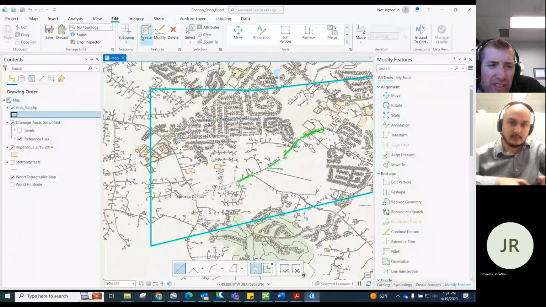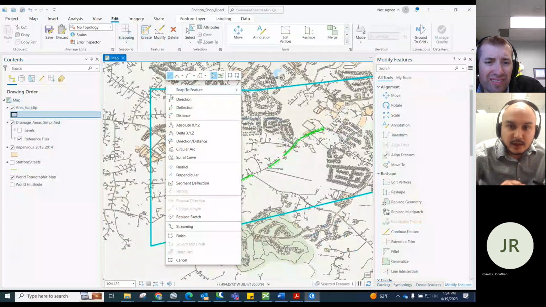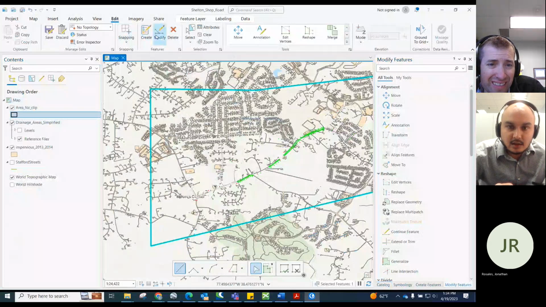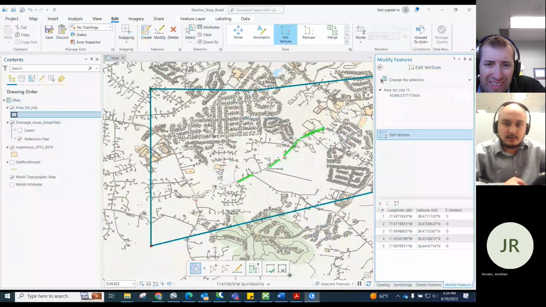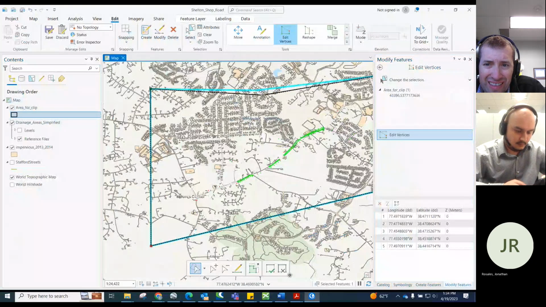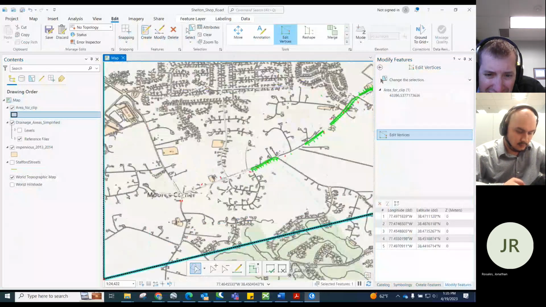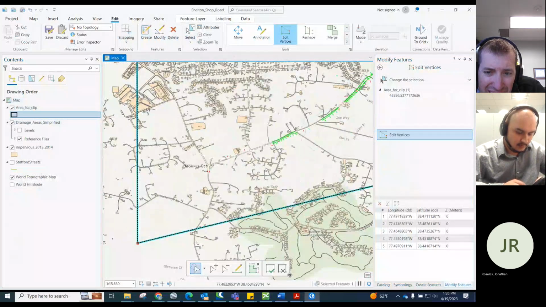How do I modify this feature? You can go to edit vertices. Right, edit vertices. So you can just move those vertices and tighten it up a little bit. These are the areas down in here.